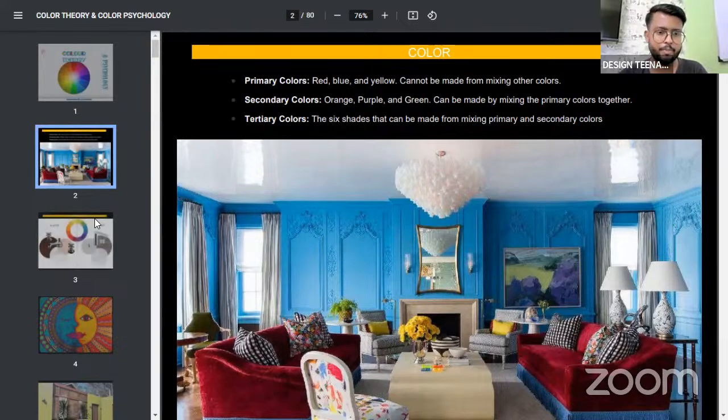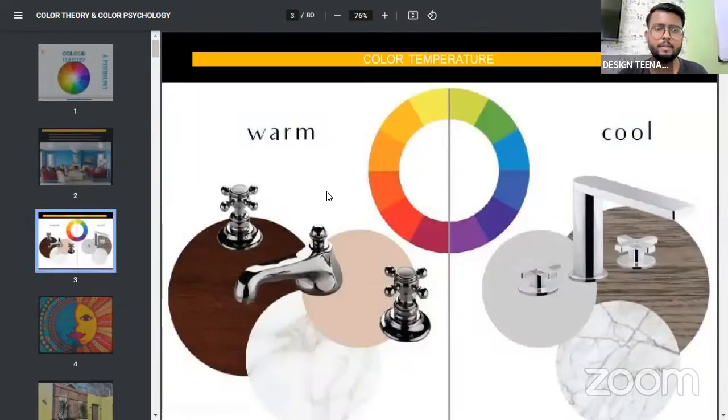Very simple to understand. Now, when we talk about this as color theory, we need to understand a second basic aspect as well, which is what kind of look and feel we get from that color. Does that color give us a sense of warmness or calmness? Knowingly and unknowingly, as I was mentioning earlier, we use these colors somewhere or the other, and we see that there are several differences that we create. For example, in color temperature, we have warm on your left-hand side and cool on the right-hand side. Now, what is this warm and cool? This is the sensation, the look and feel that you get from that particular color.